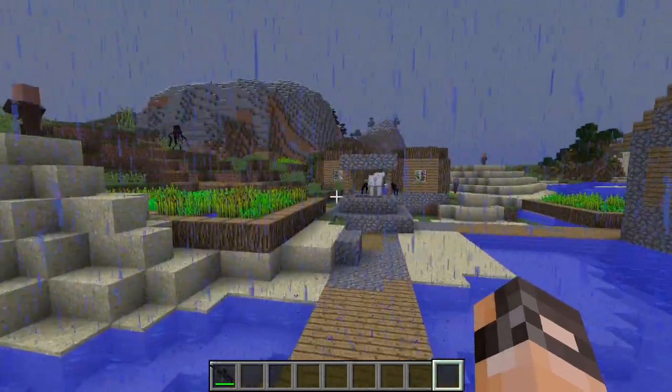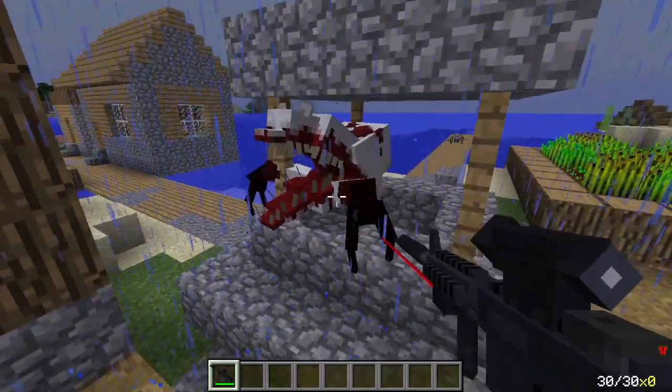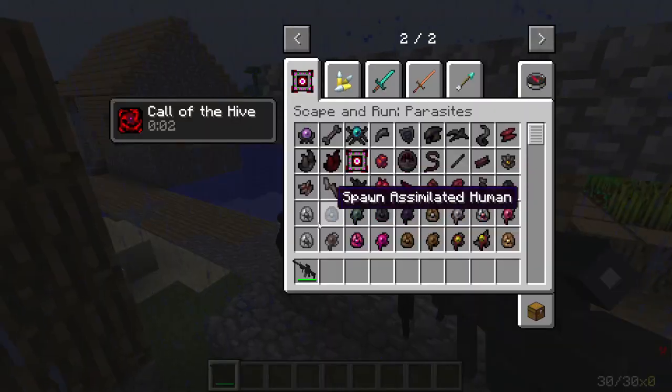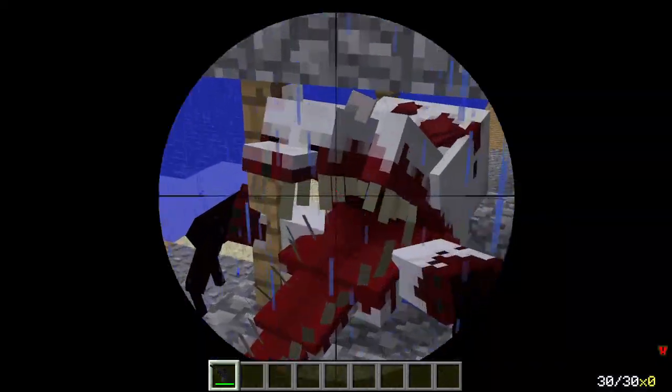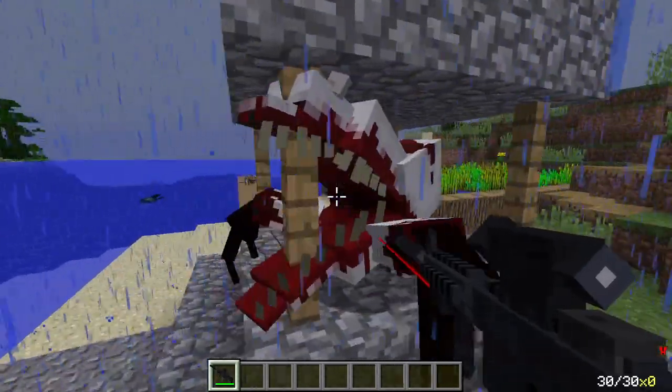So now, let's take a look at when the parasites evolve. Right, so we saw how they work. We saw how they hide themselves, camouflage. Let's take a look at now how they become more powerful. And yes, this is the bear, by the way. One of the most terrifying things I've ever seen in Minecraft. This is probably...